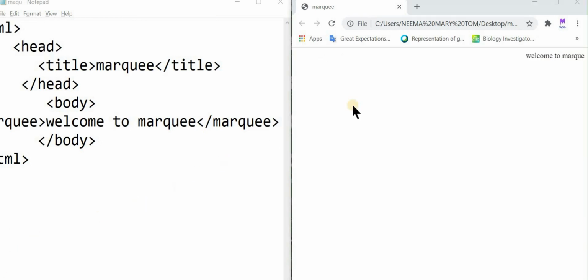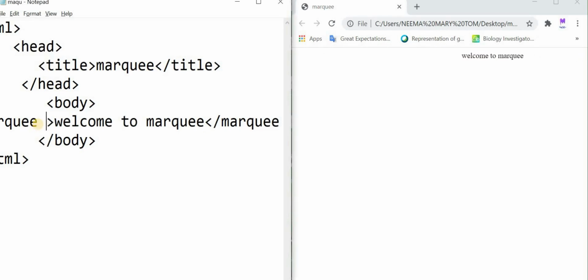Now let's give color to this marquee. For that, background color, bgcolor, not text color, background color we can give to the marquee text. So for that we can give bgcolor is equal to, inside the double quotes you can give the color name, red.